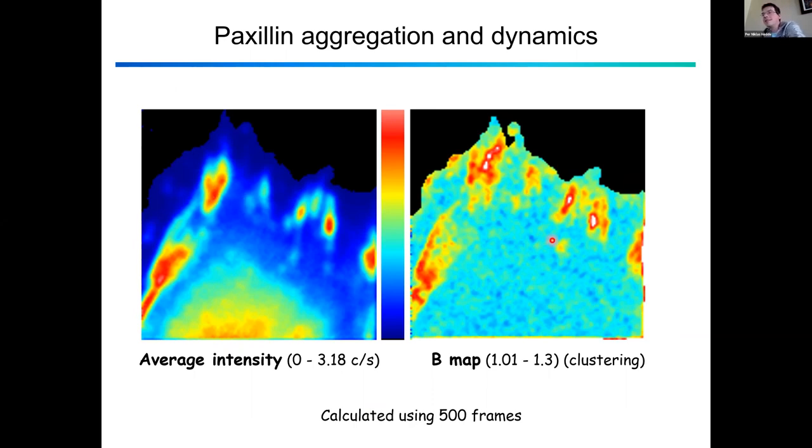And then on the right-hand side, you see the brightness map, which indicates the oligomerization state. So the higher the oligomerization, the hotter the color code in this case will be. So if you compare the two images, you see that, yes, you do have more higher aggregation states near the focal adhesions, but they don't exactly co-localize,